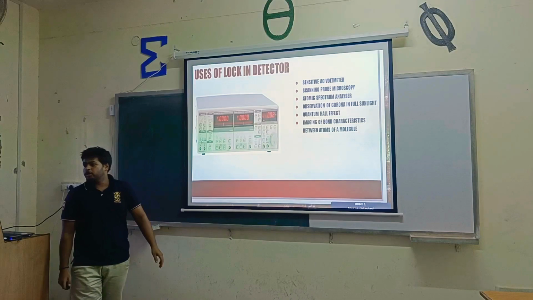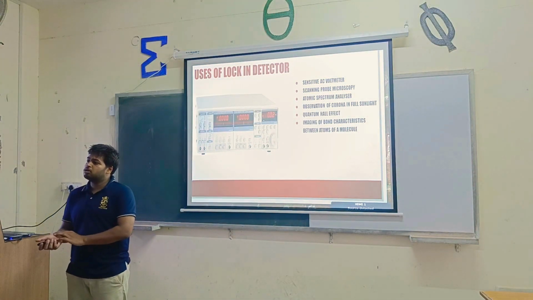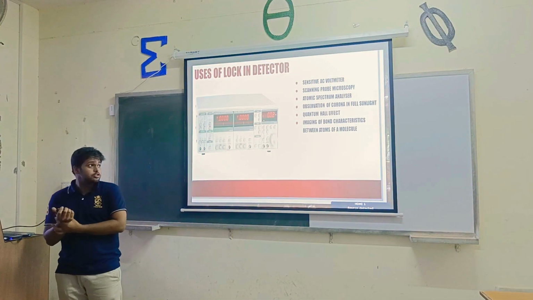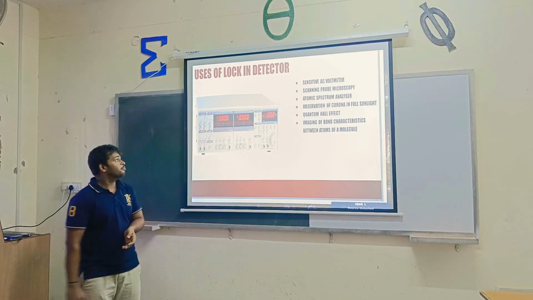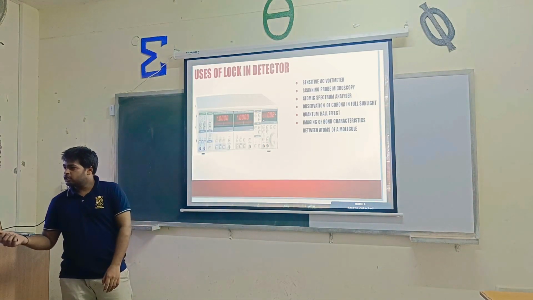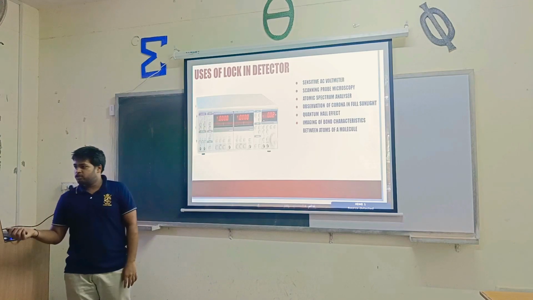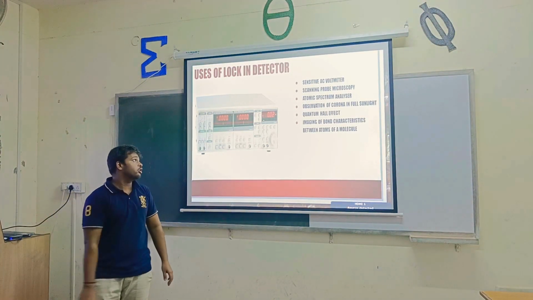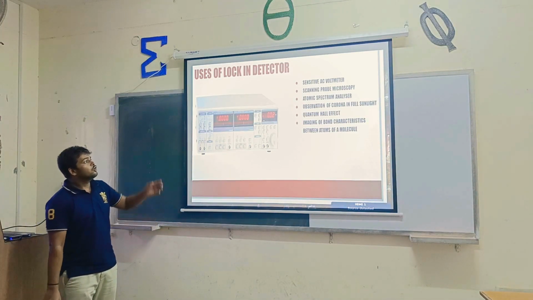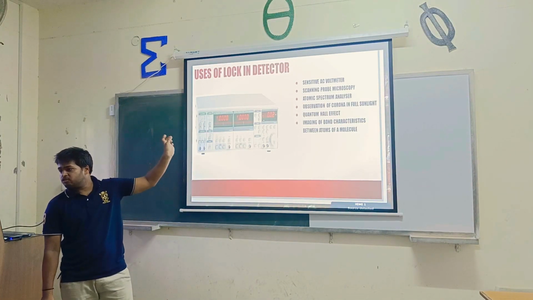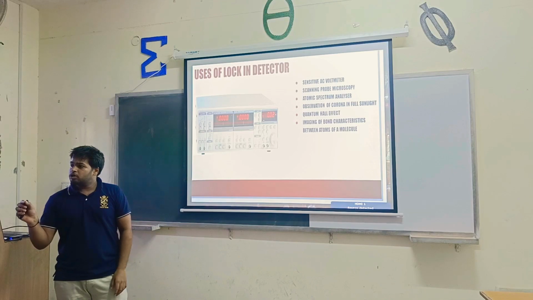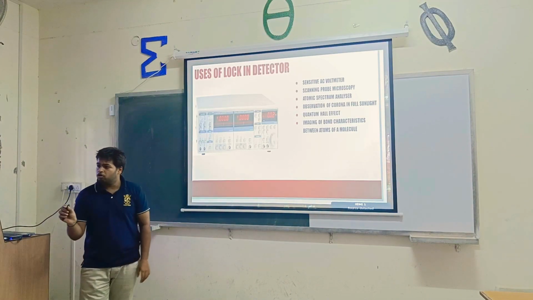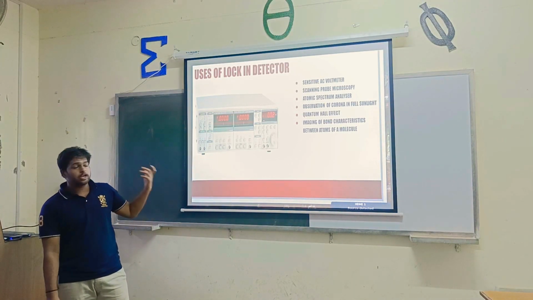Now, uses of the lock-in detector. Before moving on to the principle, we should know its uses in physics specifically. In engineering, they call it a lock-in amplifier, but in physics, we use it for detection purposes, so we call it a lock-in detector. We use it as a sensitive AC voltmeter. When the voltage is in the order of nanovolts, we can use the lock-in detector